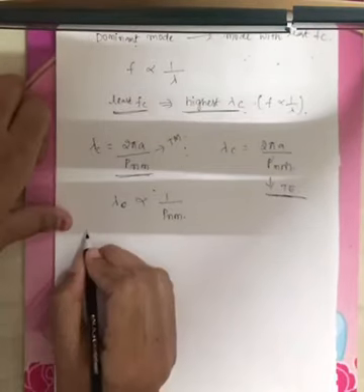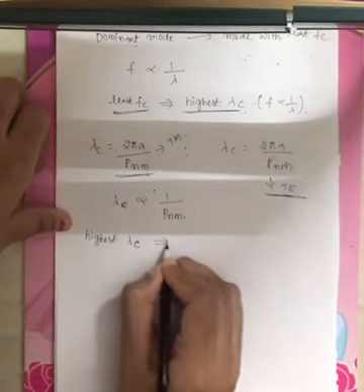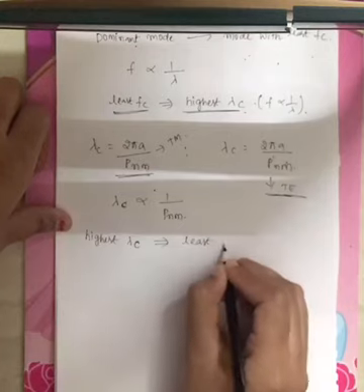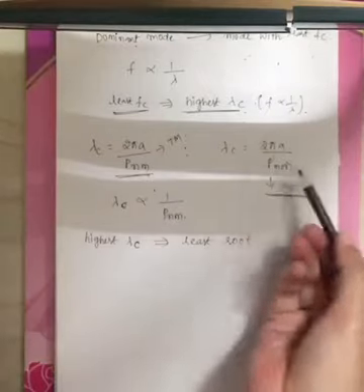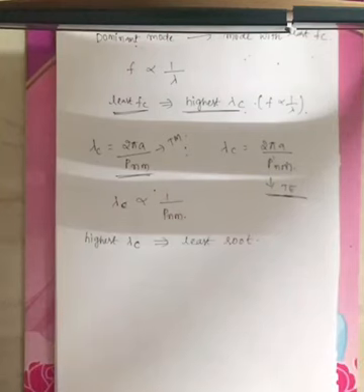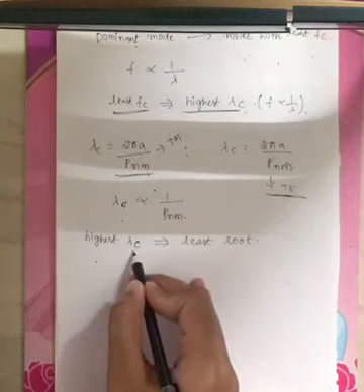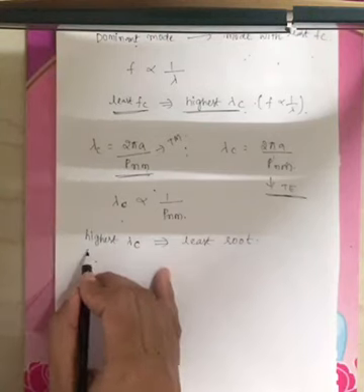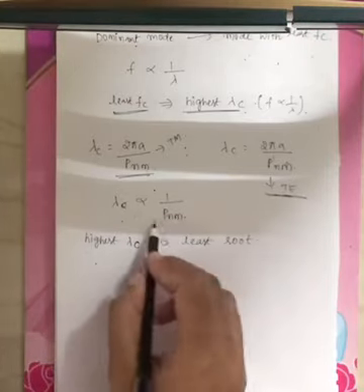Now what is dominant mode? Mode with highest cutoff wavelength. Highest cutoff wavelength indicates it should have least root, because those two are inversely proportional. If you see these two expressions, lambda c and Bessel root are inversely proportional, either it is TE mode of propagation or TM mode of propagation. Now the mode with highest cutoff wavelength is nothing but the dominant mode. It should contain the least Bessel root, because those two are inversely proportional.